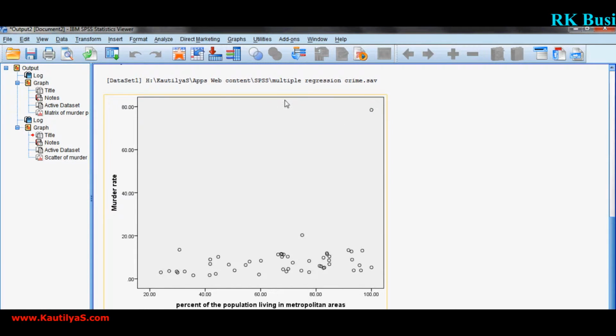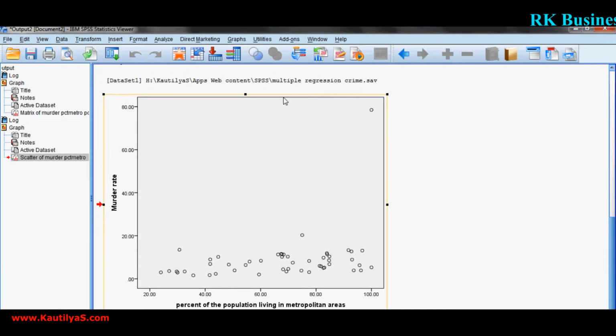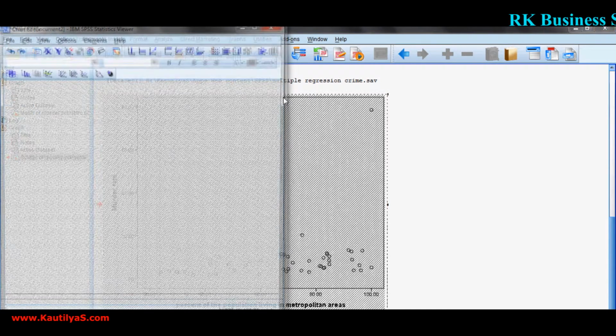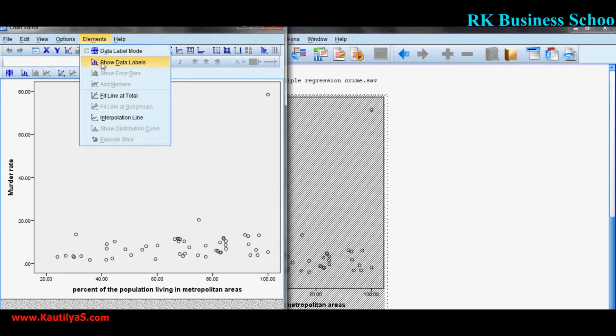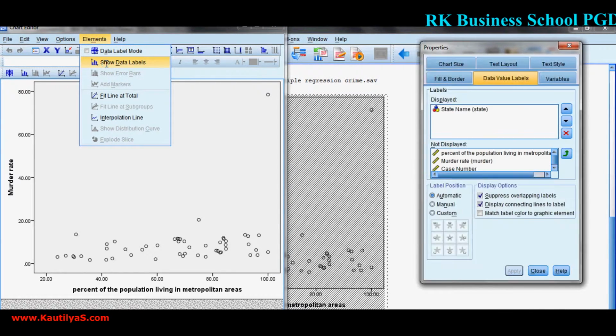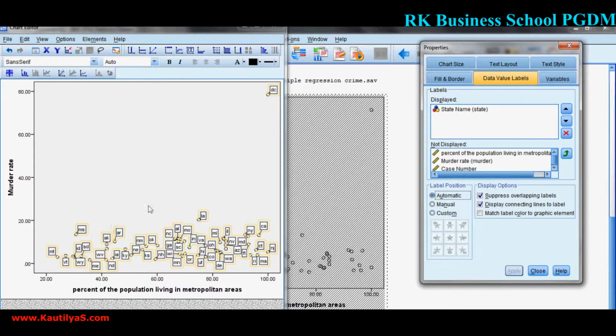Now to identify this, just double click on the chart, then click on elements and show data labels. Once your data labels are in, you can see it is DC, state name DC. You have an outlier.